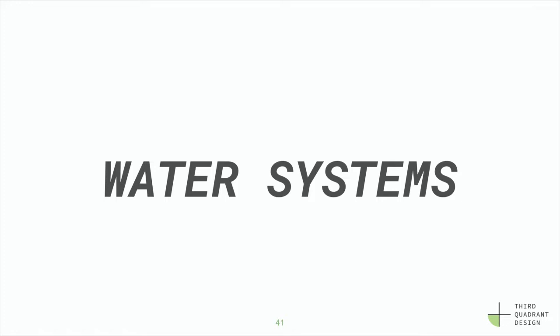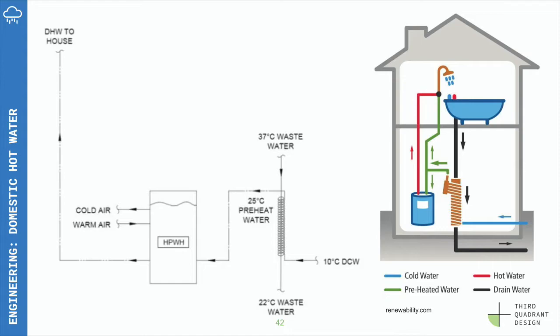For domestic hot water, a hybrid hot water heater was chosen. The heater operates as an air source heat pump to meet standard demand, and an integrated electrical resistive element provides additional heating for increased demand. In heat pump mode, heat is extracted and cool air is rejected into the mechanical room, providing free cooling. Cooling the surroundings has beneficial effects as it helps to offset the heat generated by the equipment in the mechanical room. A simple copper heat exchanger allows for drain water heat recovery, which captures waste heat from showers and dishwashers. This can increase the temperature of the incoming cold water by about 15 degrees, helping to reduce domestic hot water